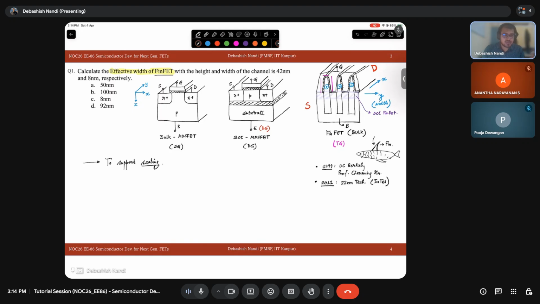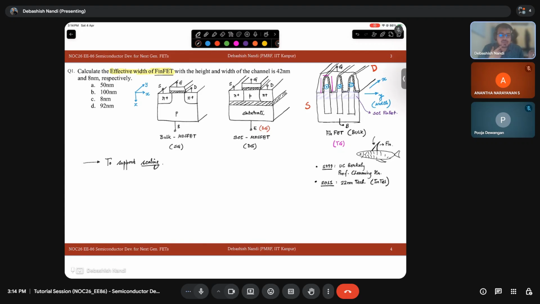Okay, so we design and fabricate devices for the future, to keep the semiconductor industry moving. That is how the semiconductor industry works. So anyway,